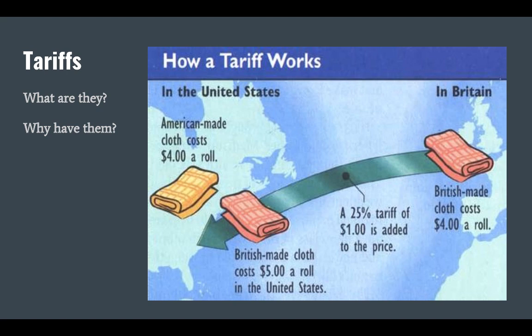So now that might be better. People still might buy it anyway. I'm not going to lie, there are certain products that I purchase that I feel are of higher quality. So I buy them knowing that they're going to be a bit more expensive, but that's how I work. But then there are other products that I'll buy that are locally made because they are indeed less expensive than their foreign counterpart and are just as good. And so what we're starting to see is greater involvement with the federal government